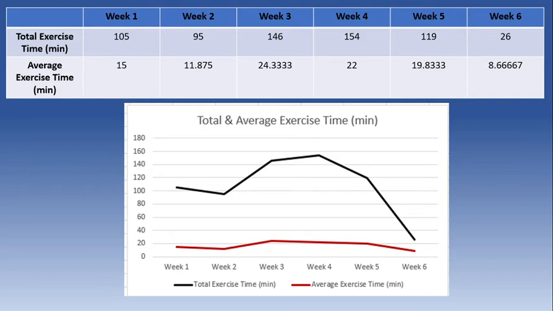Next, it's about the total and average exercise times, which is calculated in minutes. As I said, from week 1 to week 5, I've worked out at least 4 days, but on week 6 it is only 2 days. As we can see, on week 4, I've exercised more, about 154 minutes, and that is the only week that I've done a lot of exercises. Looking at the average graph, the least was at week 2 because I've done very little exercise at that time, and that is why the average value is only 11.875 compared to the other weeks.